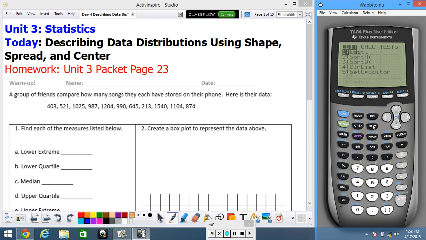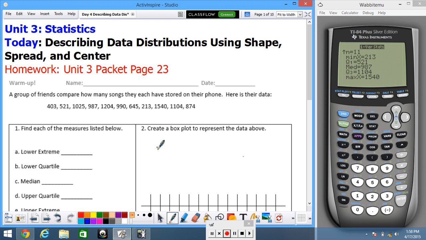Okay, so once you get the data typed in, remember we want to go to Stat and then arrow over to Calc and pick number one, 1-Var Stats. And if you get this screen, you just keep pressing Enter. Make sure your frequency list is empty and the list is L1, and calculate. And using this, we are going to arrow down to get our 5-number summary. There we go. So here we go. We've got a lower extreme, a minimum of 213, a lower quartile of 521, a median of 987, Q3 is